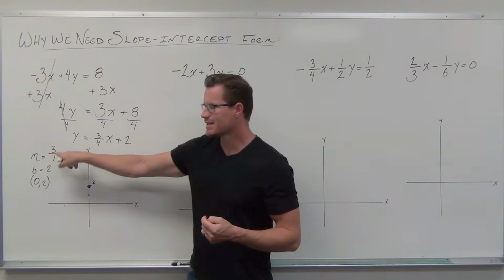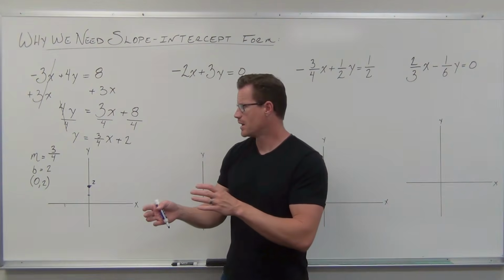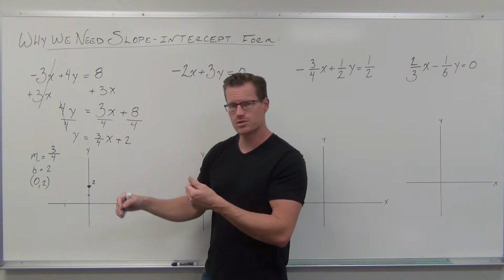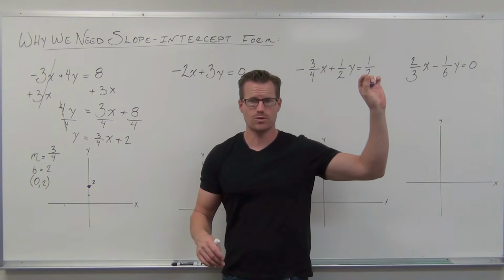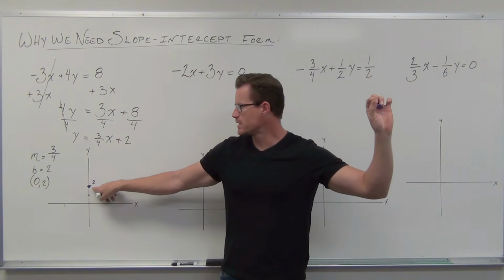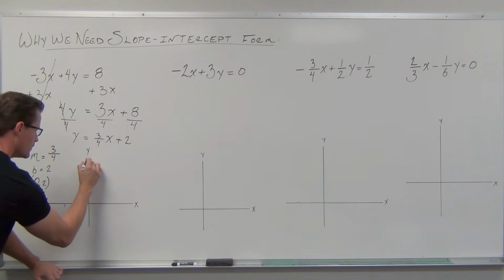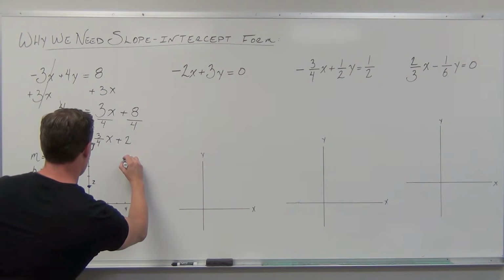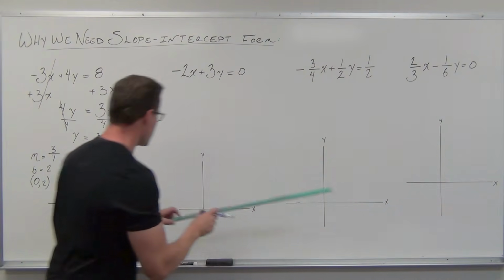Look how this explicitly gives you the slope really nice. You don't have to worry about it. You don't have to guess at it. You don't have to do complex fractions. You don't have to do any fractions really. It's given you the fraction here. It says your slope is 3/4. How you get from point to point to point is you go up 3 and right 4. That's what the rise over run tells you. And since we have a point given to us by our y-intercept, we can go up 3 and over 4, and if we graph that line between those 2 points,